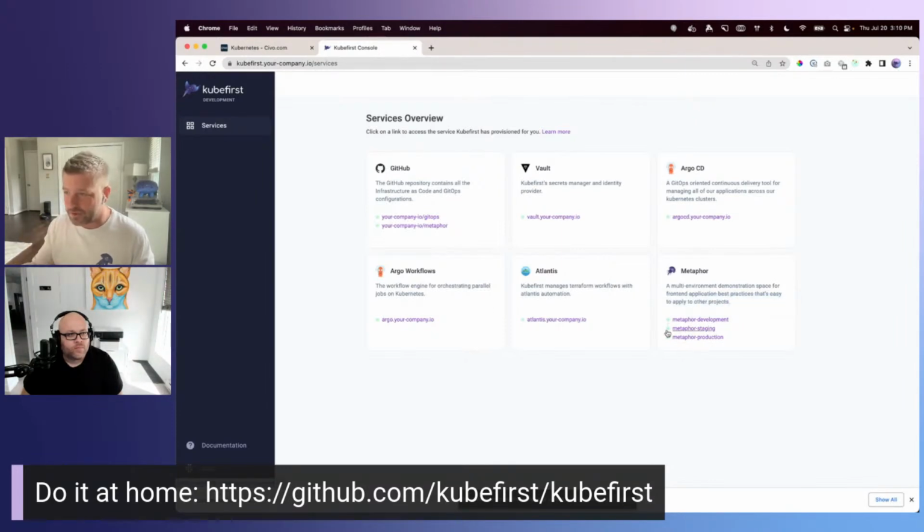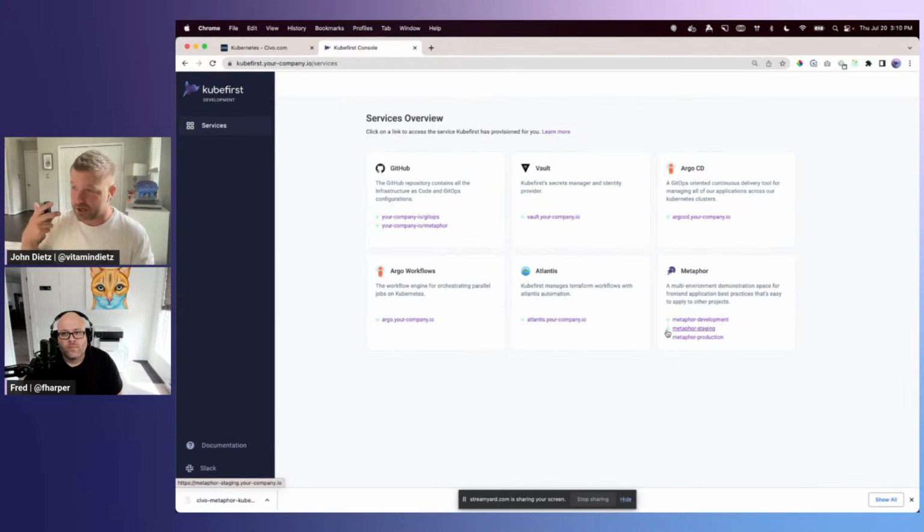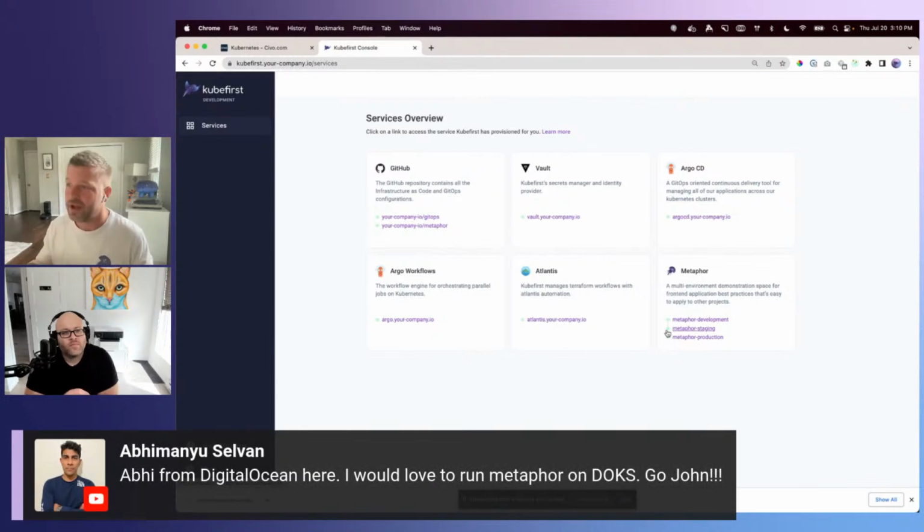That's because when we do the Kubefirst installation, we register a new Metaphor application into your GitHub or GitLab organization, and then it automatically starts building the container, publishing the Helm chart, and then doing a GitOps delivery to your brand new dev, stage and prod environment. While it's doing that delivery, DNS has to be established, certificates have to be collected. It takes a handful of minutes for all of that to shake out. So if you see those spinning wheels, it's nothing to worry about. It's just because you have a pipeline underway and we're waiting for the certificates to fully resolve before we show the links available on the console application.